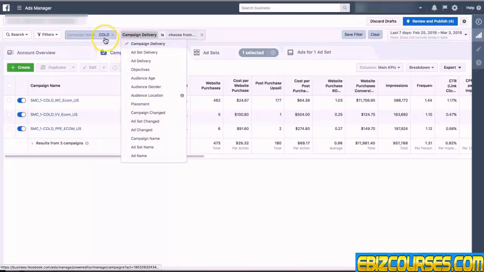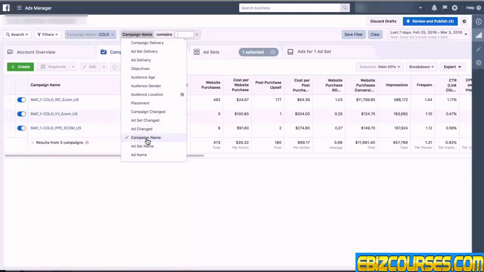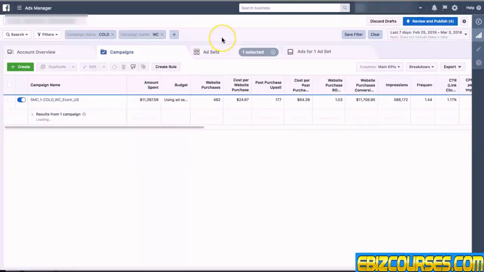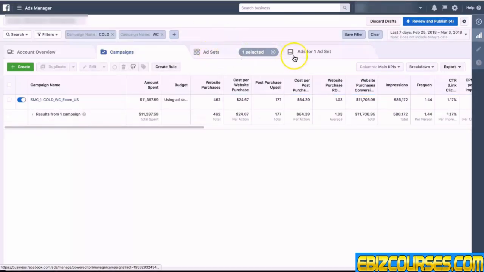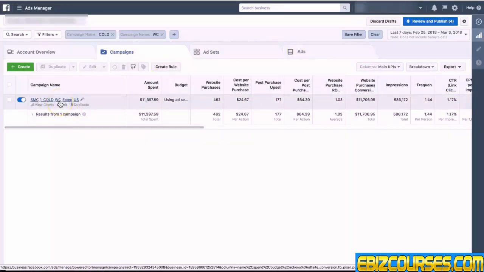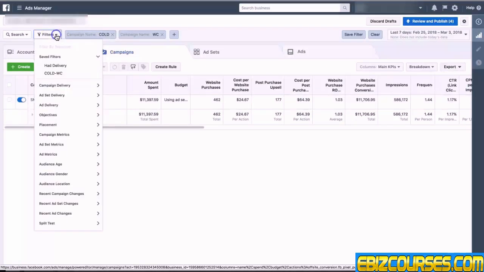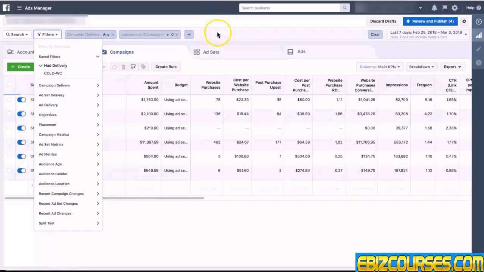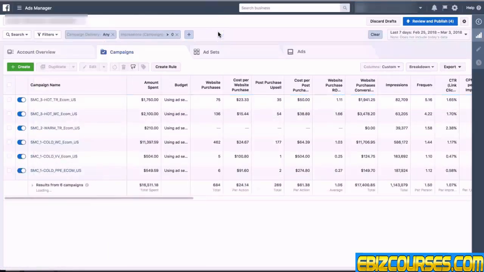So I've selected campaign name cold. I'll now do campaign name is website conversion. And so that narrows it down. So now if I drill into ad sets and ads, I will only see ads related to website conversion. So there's a few different ways you can do this. The first way is, actually before I do that, just show ads that had delivery so that you're just looking at relevant